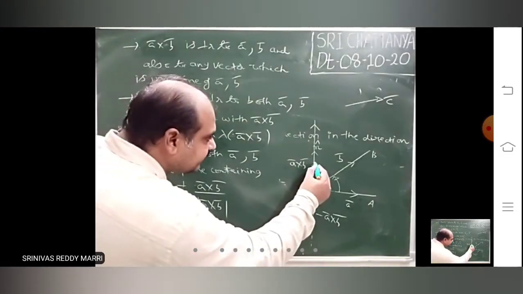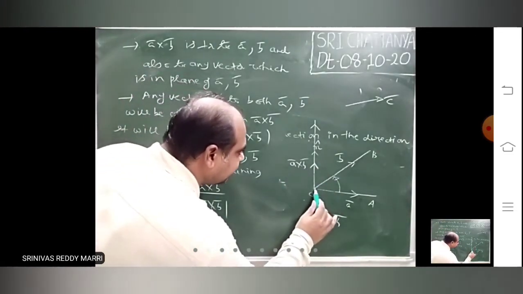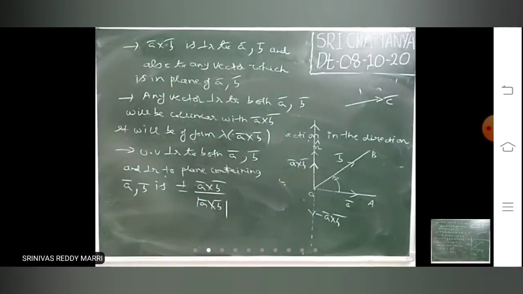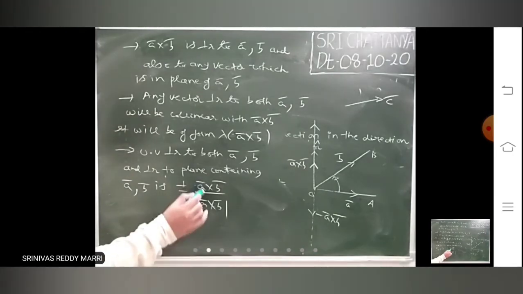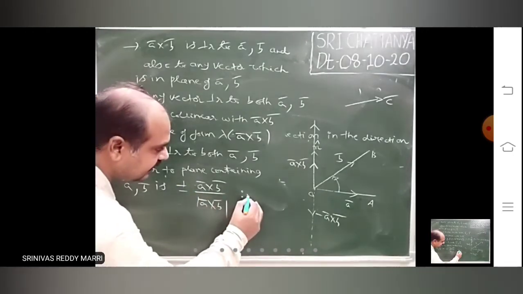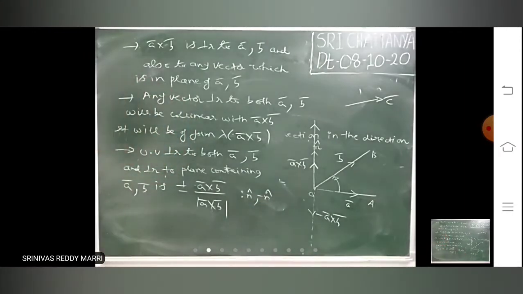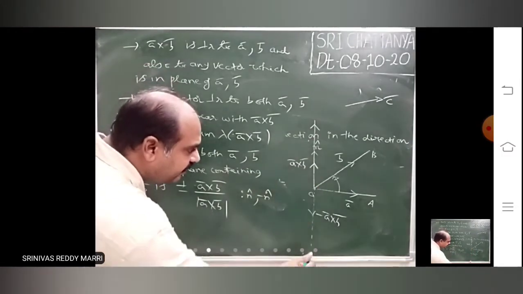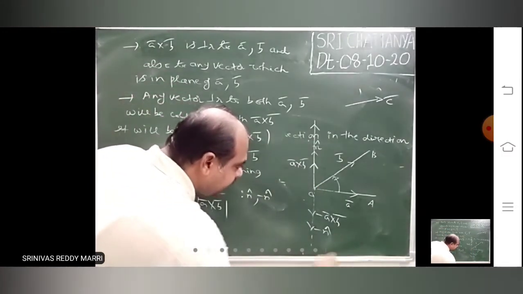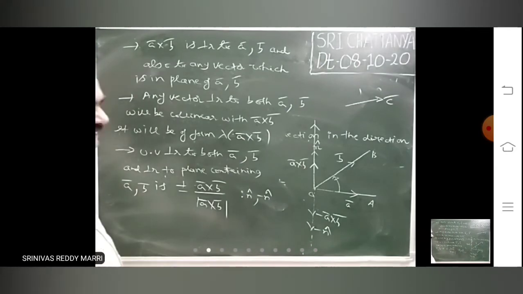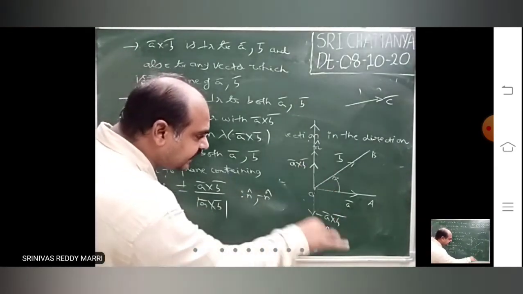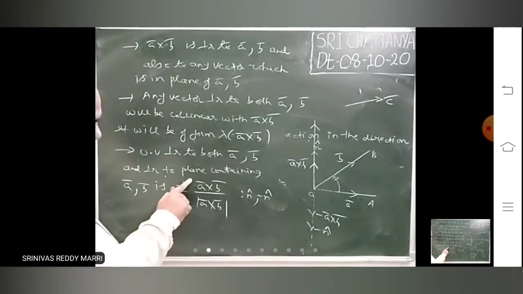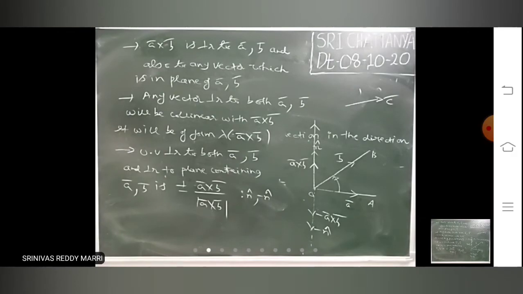Look at this vector, n cap is a unit vector in the direction of A cross B. In the direction of A bar, what will you write? A bar divided by modulus A bar, that is one vector. So n cap is one vector, minus n cap is the other. One vector is in this direction, the other in the opposite direction. In this direction, minus n cap will be there. That is nothing but the unit vector in the opposite direction of A cross B. What is the unit vector in the opposite direction of A bar? Minus A bar divided by modulus A bar.